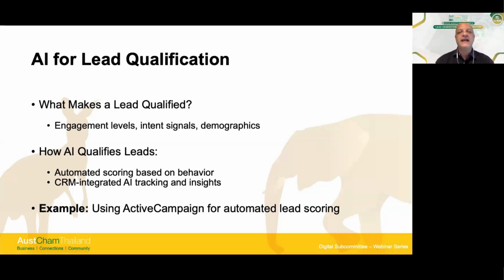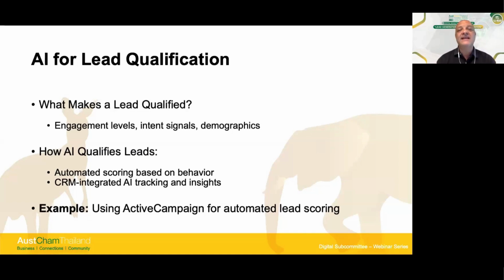As an example, again, I'm using ActiveCampaign as an example. That's just the platform that we use. We've already mentioned HubSpot. There's other great marketing CRM platforms out there that will do automation and will have AI embedded into some of their features. At the end of the day, it's what works best for your company and what your objectives and goals are. But as an example, we say ActiveCampaign, this could be HubSpot as well.